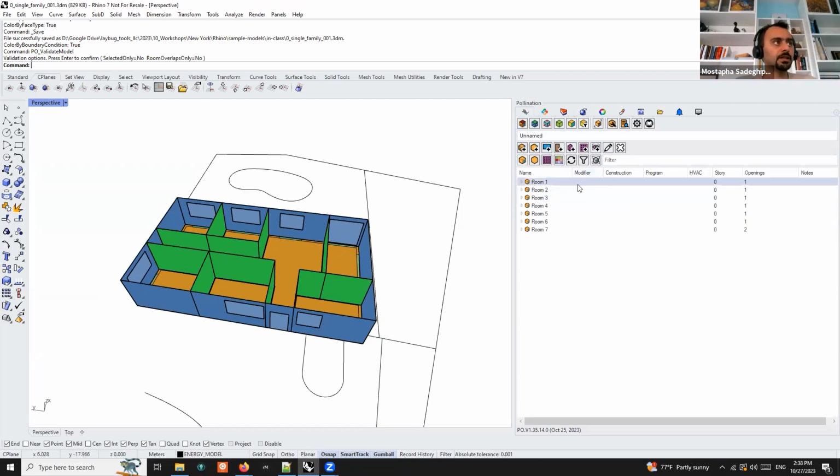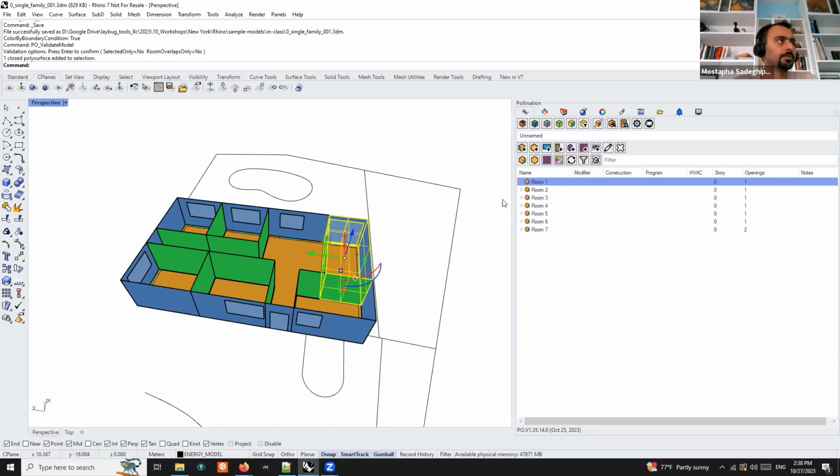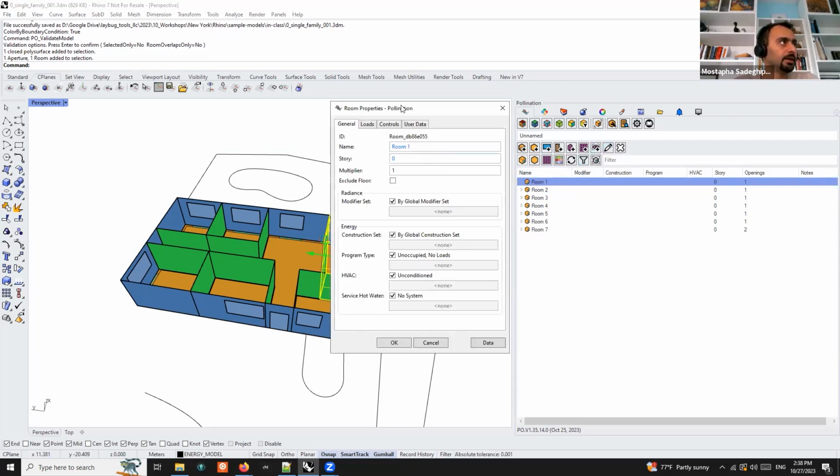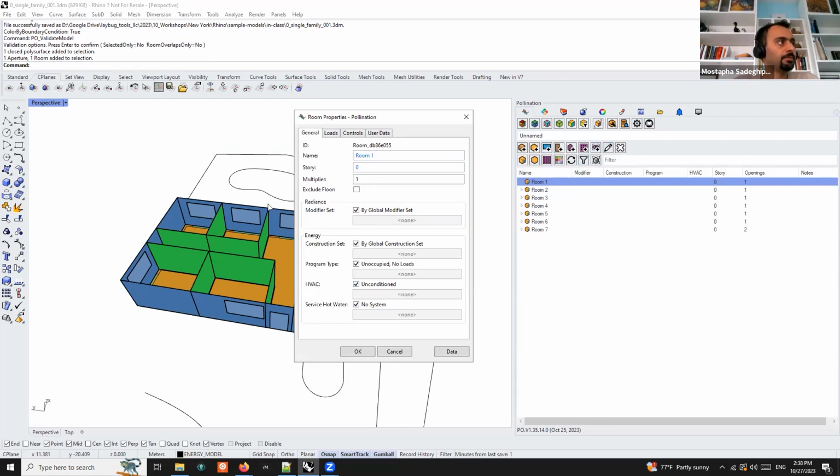There are next steps that I'm not going to talk about a lot in this workshop. I'm not going to cover it extensively, but for you to know, when you have a room, let's say this room, I just select this one. You can come here, double click on it, or press this edit button here, and you have access to all the properties for that room. So I can call this bedroom 1. And then I can change the construction set, but usually you want to change the construction set for the whole building. But I can go and change the program type